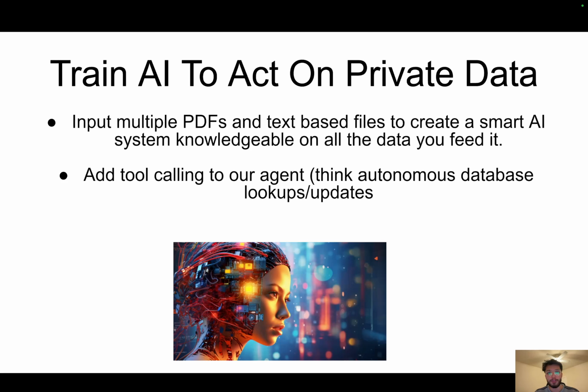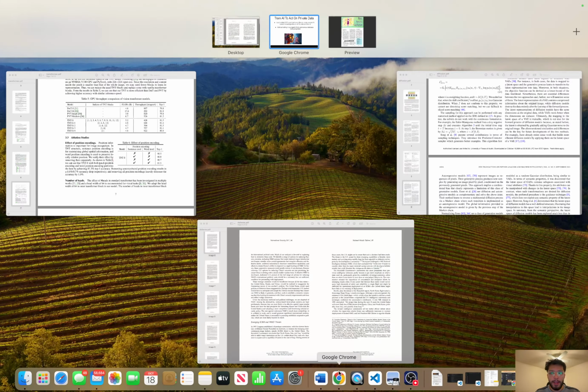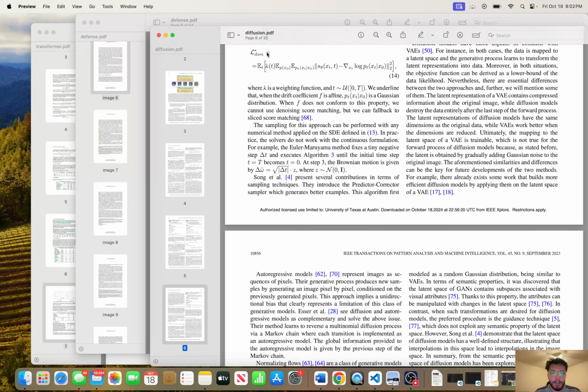We're also going to explore tool calling. For example, if you ask your agent a specific question and the data in your PDFs is not up to date, the agent can use a search tool, which would be a Google Chrome search, where the agent can go to Google, search, return a query, and output this to the user. So we're going to explore these two baselines, and the data we're going to use is three PDFs,